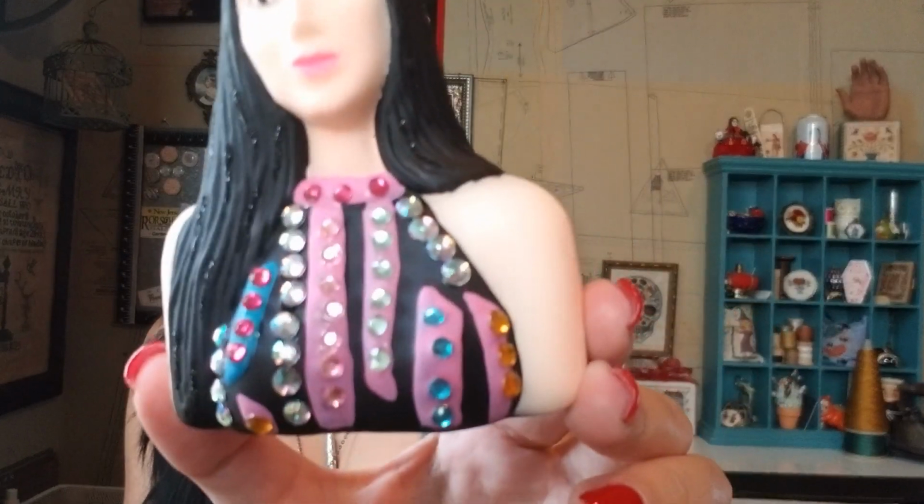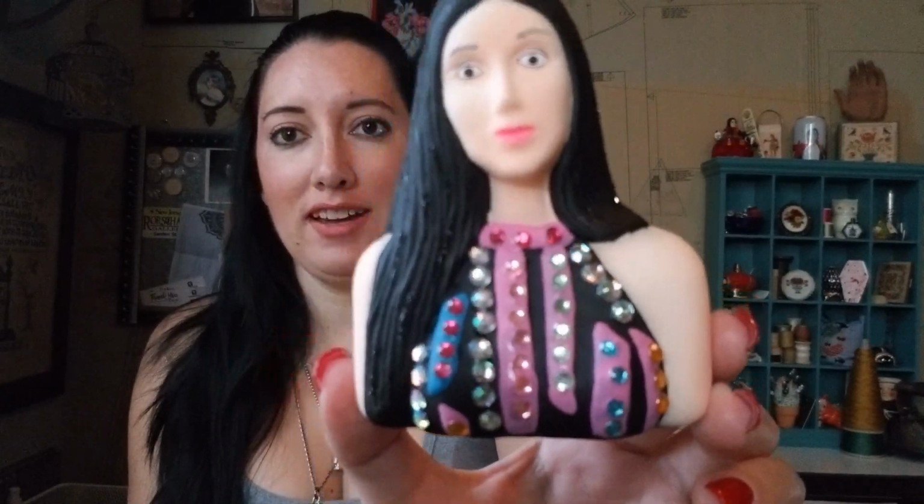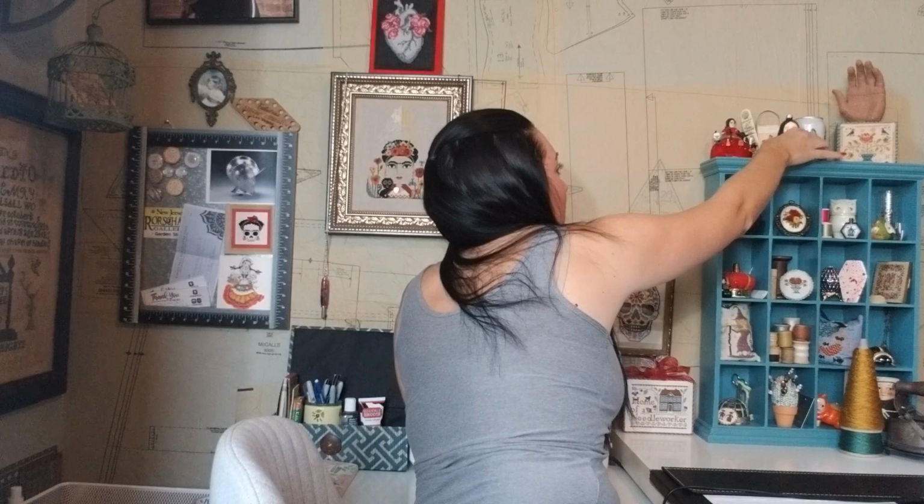And this was gifted to me by my good friend Wendy. Love you, girl. Thank you so much. I'm pretty sure I have a top in my closet similar to that. But yeah, there's my Cher McKenna ornament. And I love this. And she gets to go up here